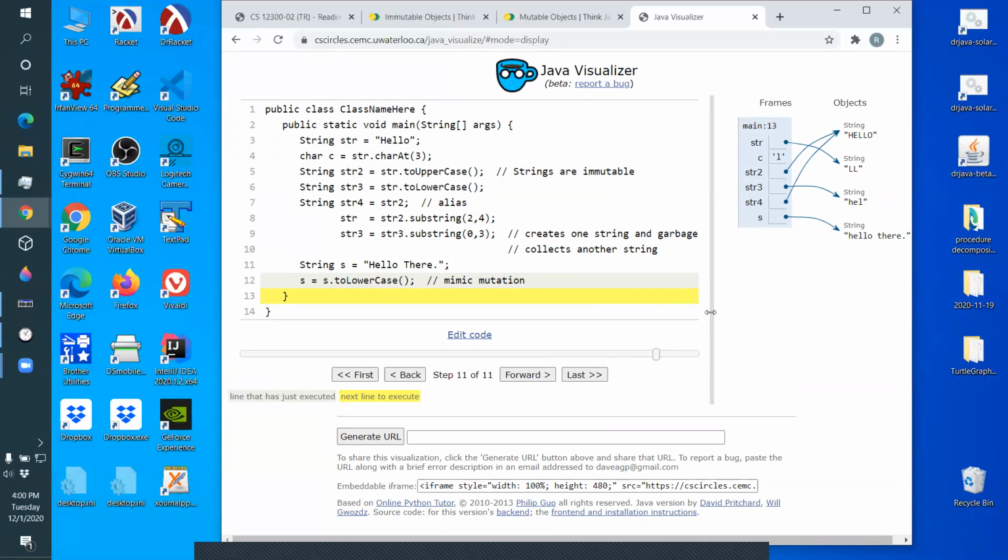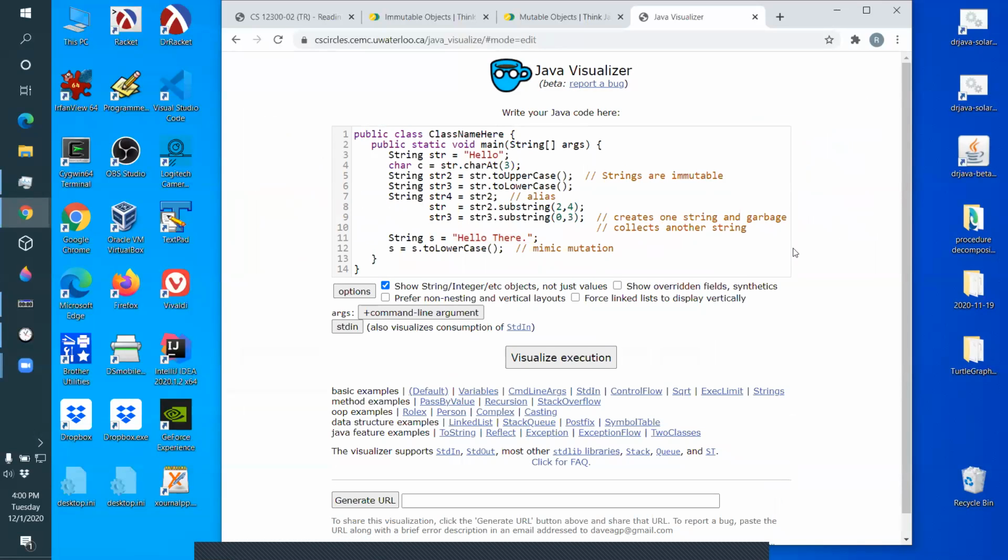Java had a good reason to make strings immutable like this. And there actually is a mutable string that's got a different name. If you want a mutable string,